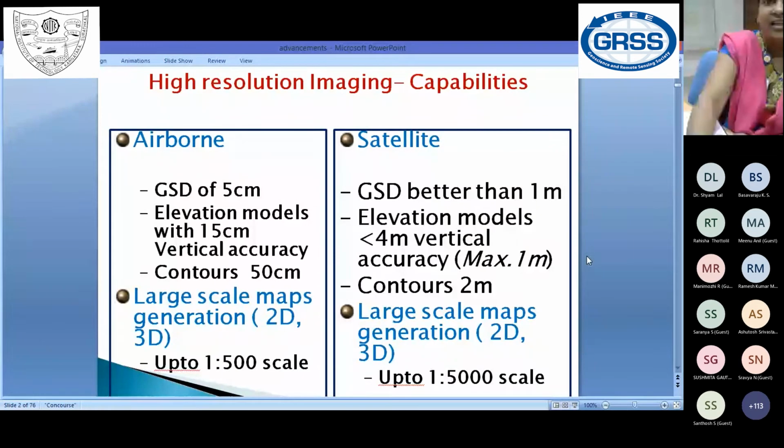Actually, high resolution imaging. When I say high resolution imaging, what it means is the ground sample distance. Nowadays many people see Google Maps, Google Images. How is it different from airborne or UAV? Actually, the ground sample distance of Google Images is around 60 centimeter, and we have satellites up to meters also for different applications. But if you want photography or mapping applications, we need images of high resolution. And airborne,